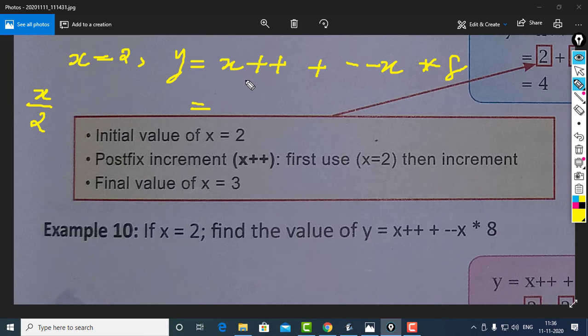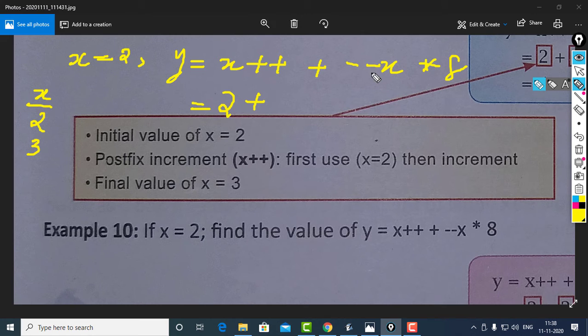it is the postfix notation. So the use-then-change rule will be followed. Use-then-change rule means before incrementing or before changing, we can use the value of x, which is 2. Then after using that 2, it will be incremented to 3. So see, 2 is used here, but the current value of x is 3. Then this plus operator.